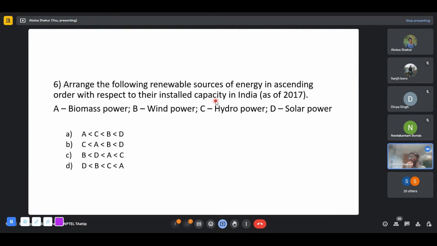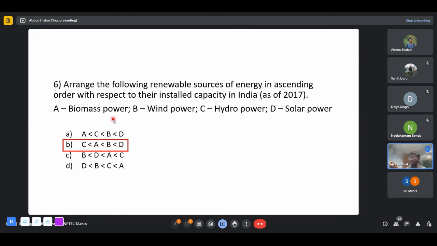Arrange the following renewable sources of energy in ascending order with respect to their installed capacity in India: biomass power, wind power, hydropower, and solar power. If you go with the notion of which of these is much older, or in terms of how much energy is produced by each of these, we all know that hydropower has been there for quite many years. So obviously the capacity is much higher for hydropower, followed by